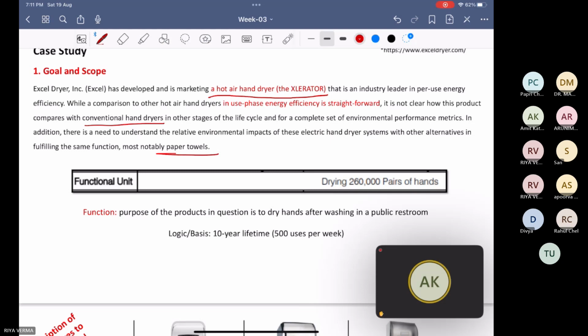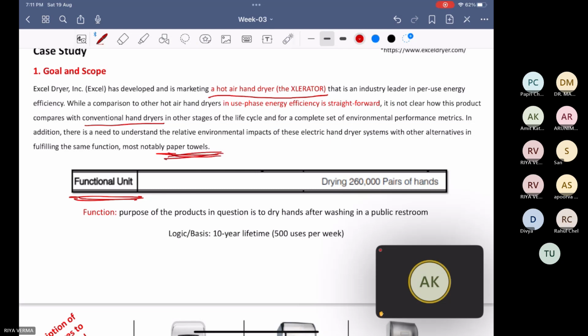तीनों का पर्पस सेम है कि हमको सिर्फ वी नीड टू ड्राई आवर हैंड्स. सो गोल और स्कोप हमने डिफाइन किया. देन फर्स्ट वन इज योर फंक्शनल यूनिट. फंक्शनल यूनिट क्या है, अब सिंस दीज टू आर इलेक्ट्रिक इक्विपमेंट्स, तो डेफिनेटली जितने एंड दिस इज योर लाइक पेपर